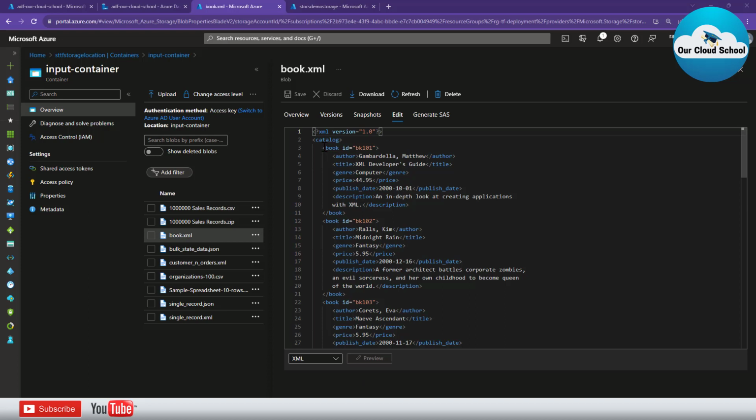It contains the record of the different books. So let's say this is a library collection XML. It contains the information about the various different books. It has a book ID, then author, title, genre, then price, published date, and so on. So what we want to do is we want to insert all these book records into a SQL Server table from this XML